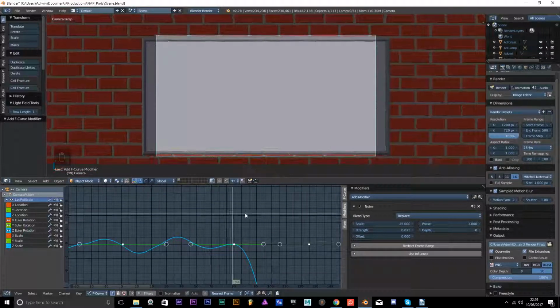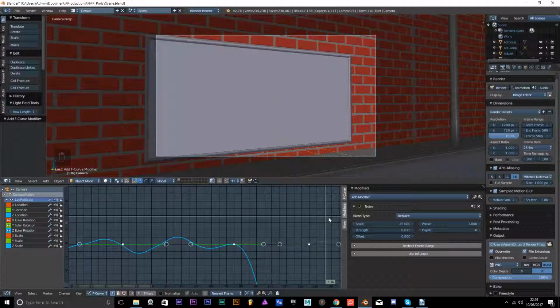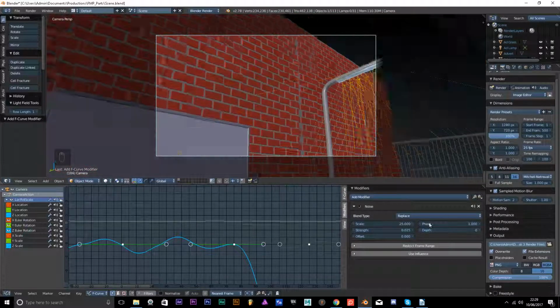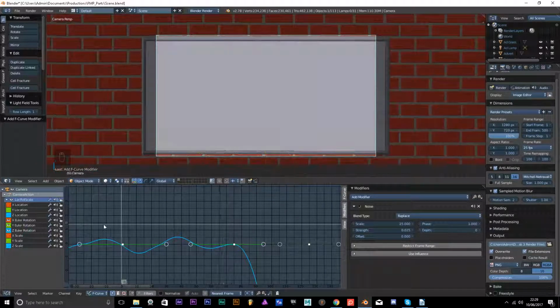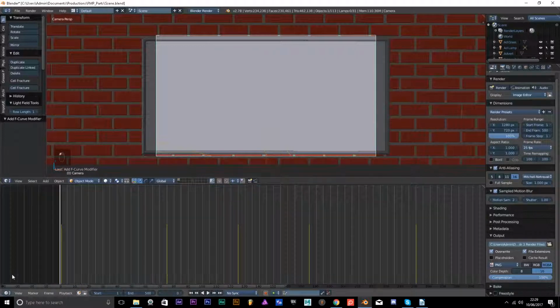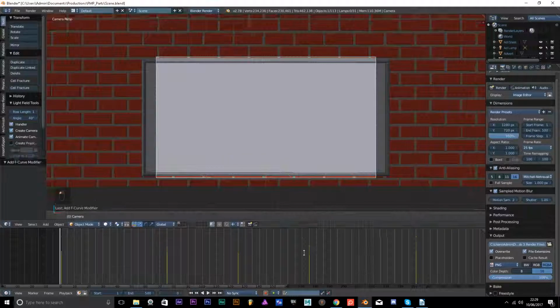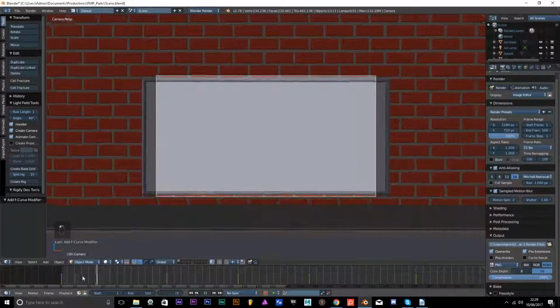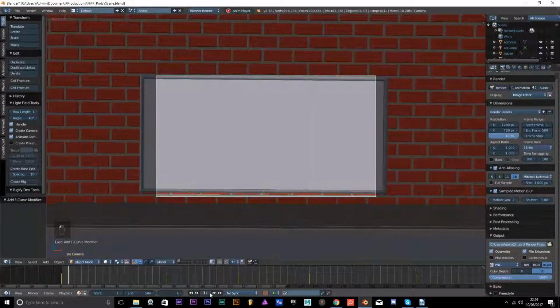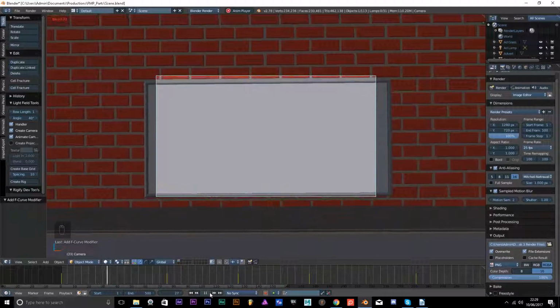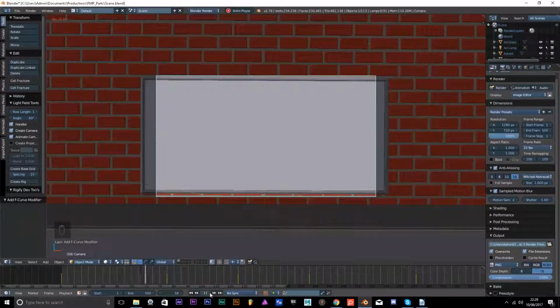It's like someone's actually holding it. And that is what I want to achieve there. Now, with these modifiers on, it means that throughout this entire animation, the camera will always wobble.